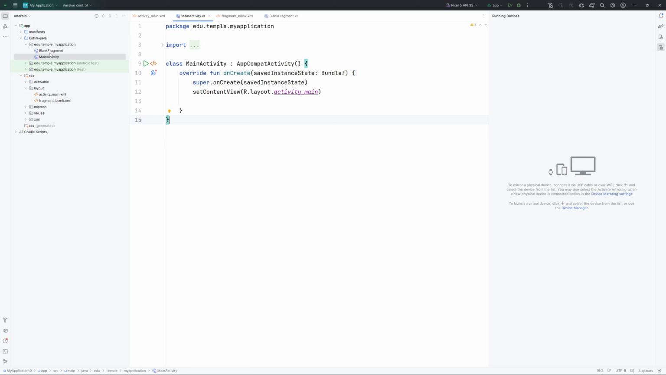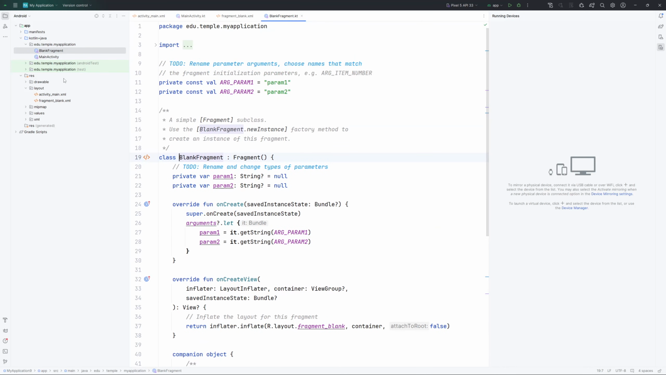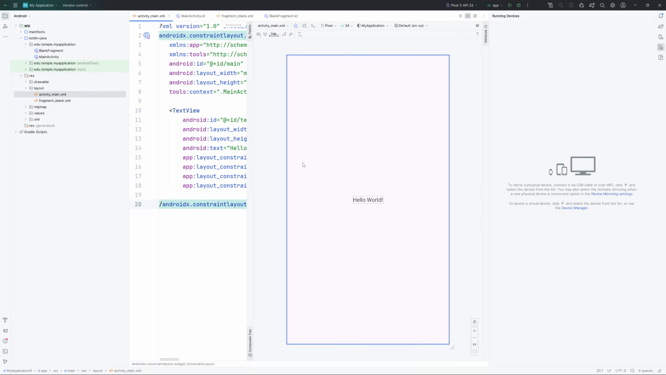So, for example, by way of demonstration, here we have a simple fragment that doesn't do anything other than it has a layout where we made the layout a nice bright red, or whatever color this is. And it basically boils down to if I want to add a layout,